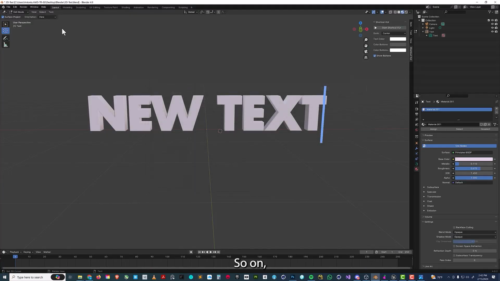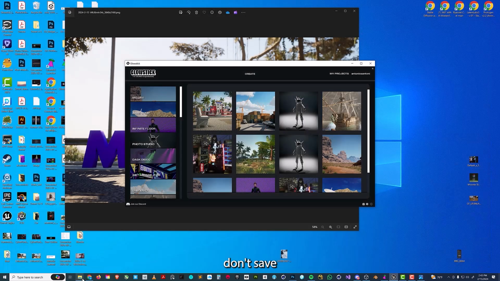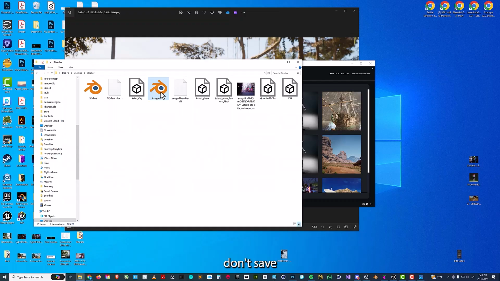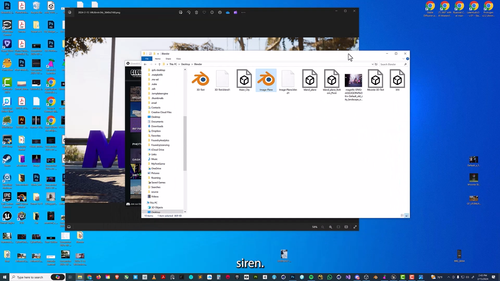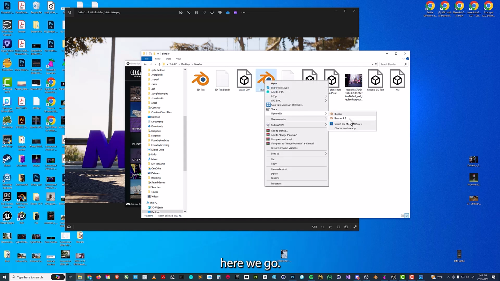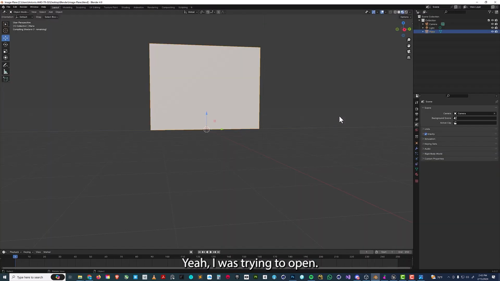oops, hold on. Don't save. Image plane. Sorry, you're around? Yeah, I'm here. You know what? I don't know if Blender doesn't want to. Oh, here we go. Oh, yeah, we did end In 4.0, 4.0, yeah, I was trying to open. All right, so